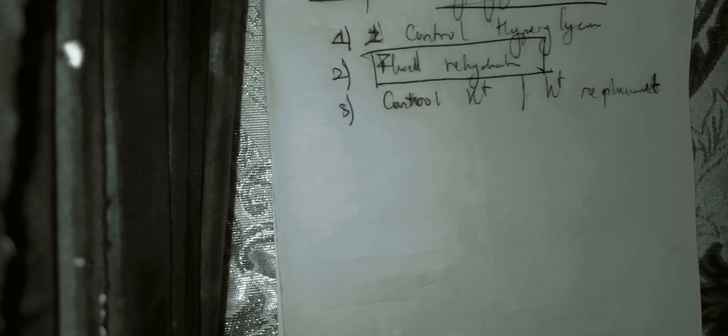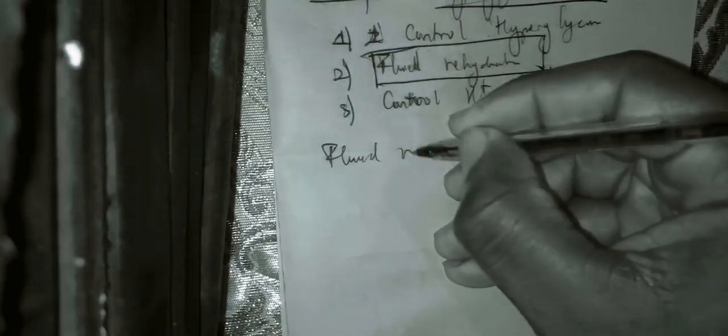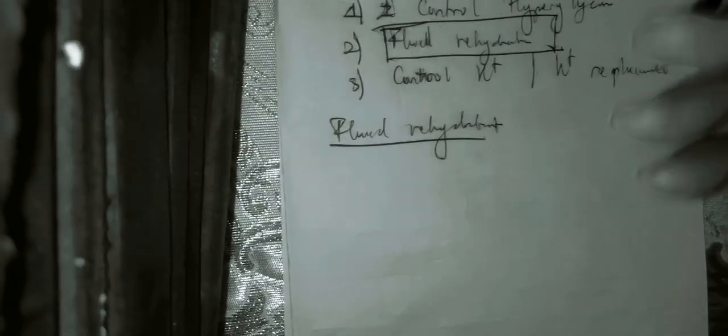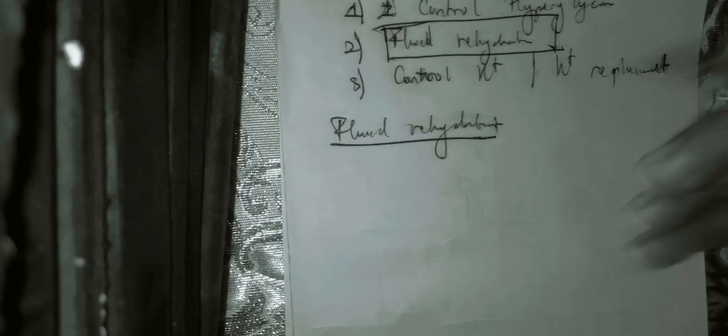Now you need to know that even fluid rehydration alone can be enabling, provided you're in a setting where you don't even have insulin to give. Just give fluid rehydration. We start with fluid rehydration because that is very important. Fluid rehydration alone can change the Glasgow score of the patient from 8 to even 11 or 12. So once you have diagnosed a hyperglycemic crisis, you need to do fluid rehydration.